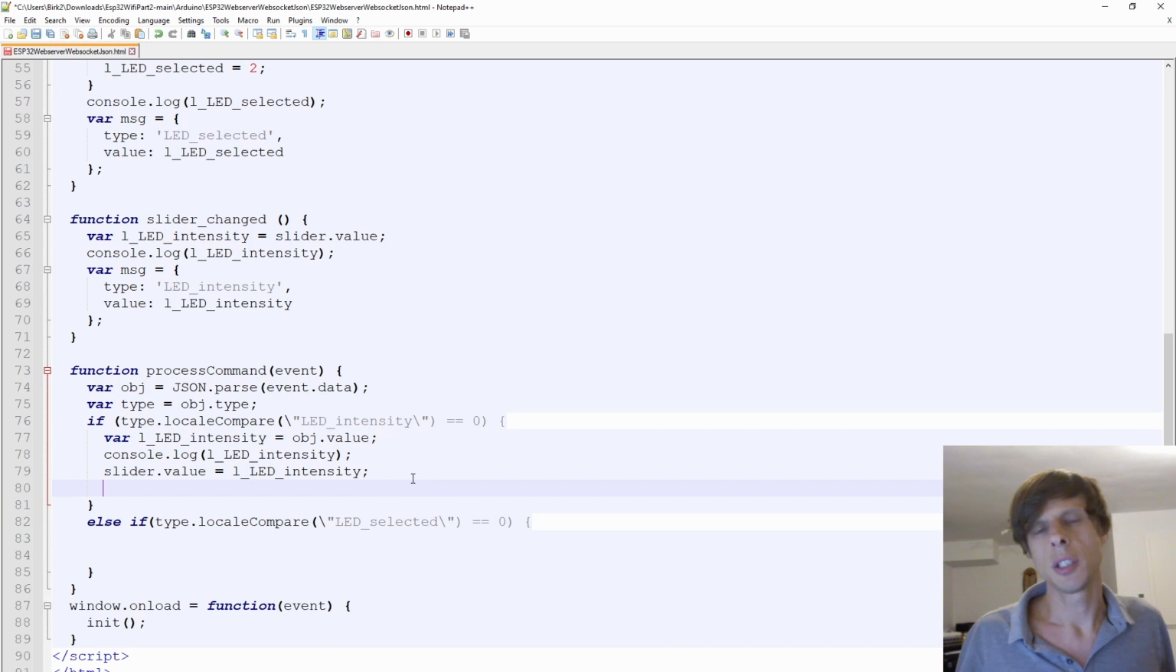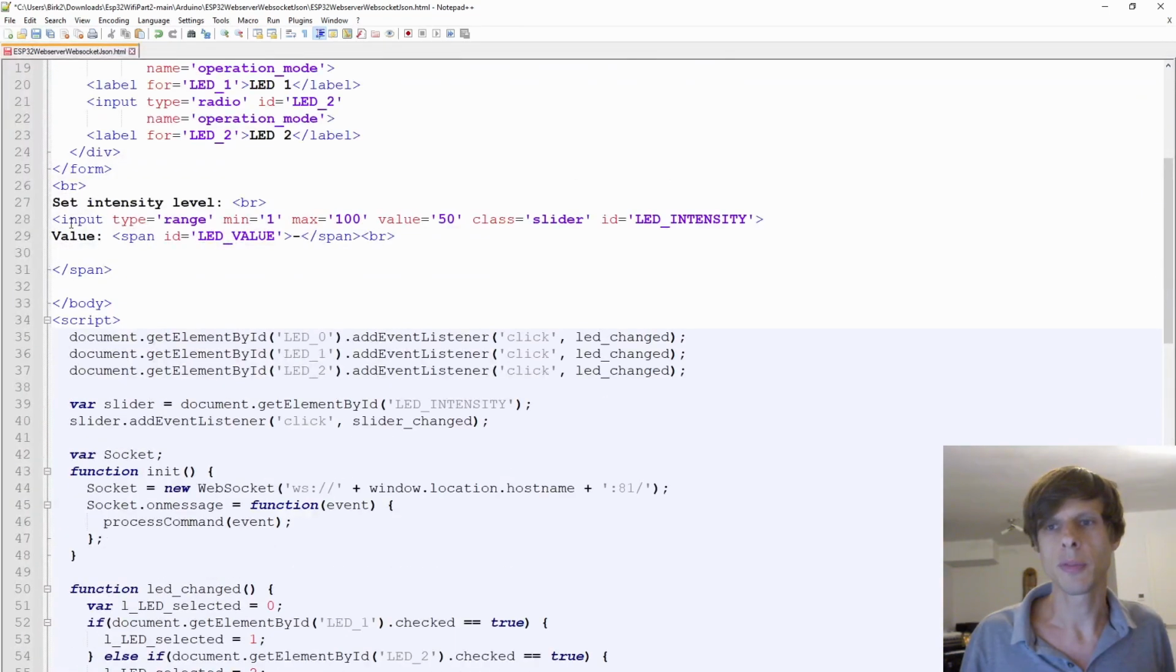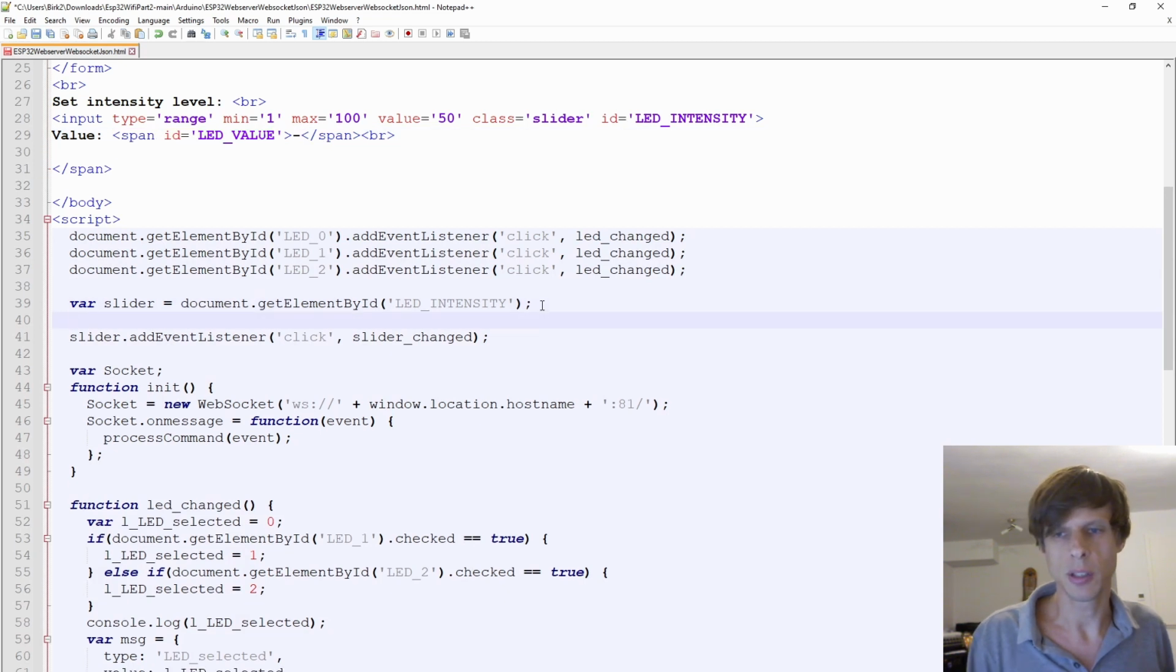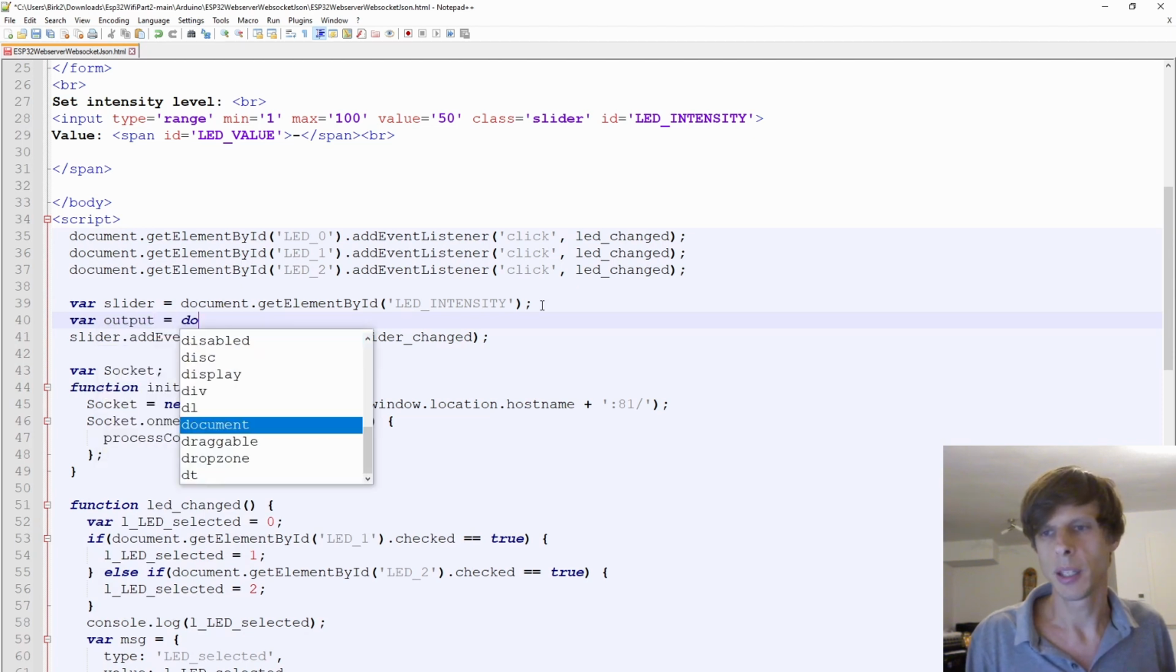But in addition, we want to also have a numerical representation of what the slider value is. And for that, we had prepared before, over here, this LED value. So now that's not the slider, it's another variable. Let's just call it output. It's the numerical output of the slider, really. That is